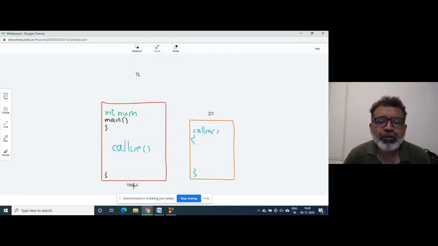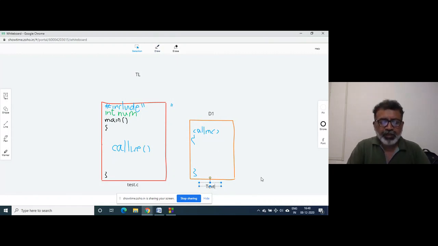So for that, as in the last chapter, the team leader will write here hash include with double quotes, which is pending yet. Suppose the name of this file is prg01.h. For the time being we will say h, though it is basically dot c.